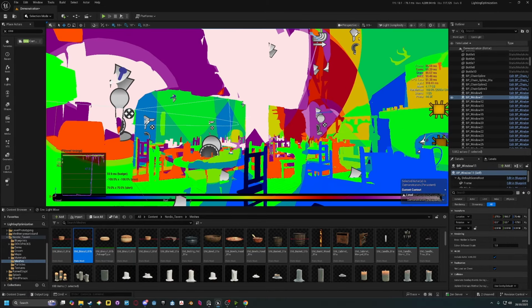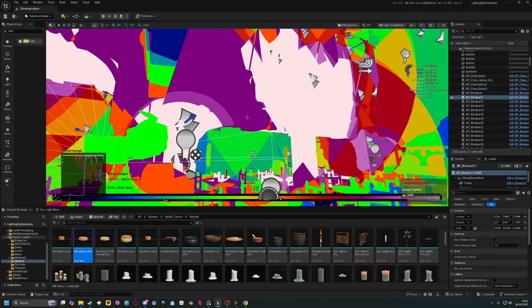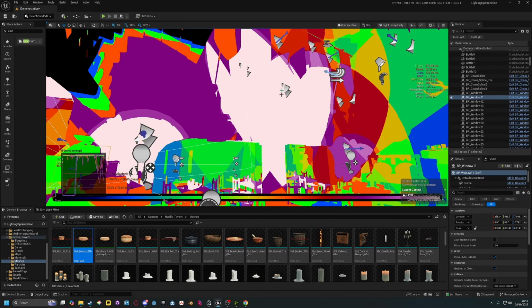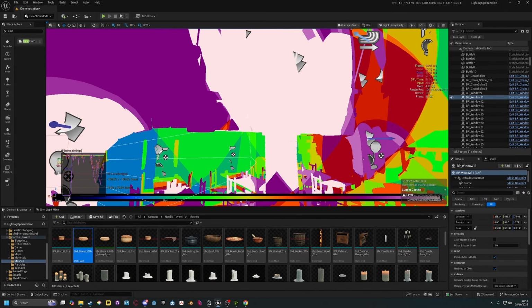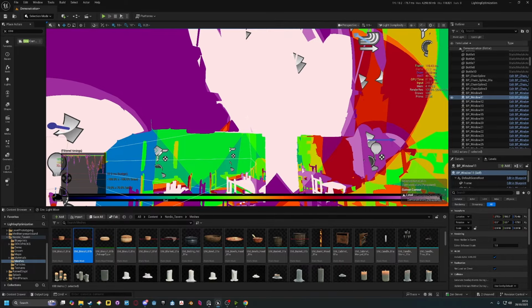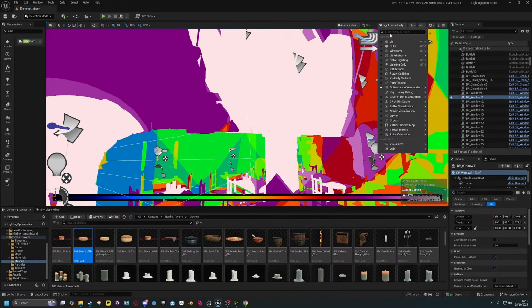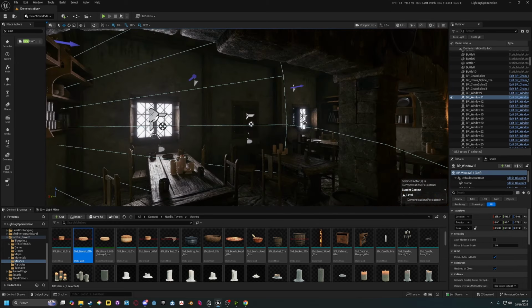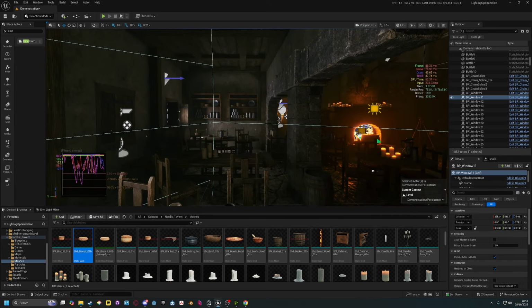For example, as you can see here, this yellow part is because the windows at the bottom and the windows in the top floor are overlapping, even if you cannot see them. So we have to take care of that. Before we do that, I also want to mention one of the tips and tricks I have for you, and that is